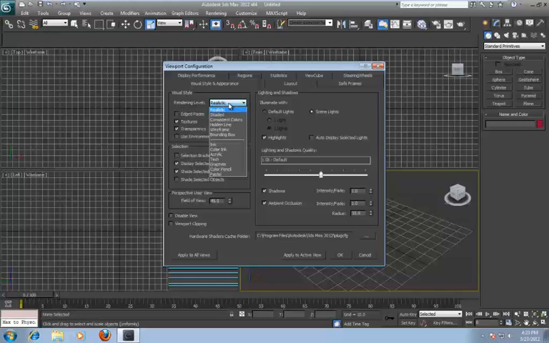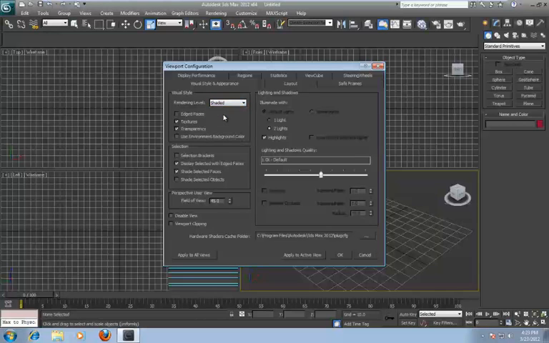The rendering level I'm just going to set to shaded. Realistic is nice, but I find that with shaded, it basically runs a lot faster and it's a lot more responsive. And I find that with realistic mode, when you're modeling an object or anything like that, the shadows can get really quite annoying. So yeah, I just like to set it over to shaded. Now if we go under, let's hit apply to all views. Now if we go under statistics,